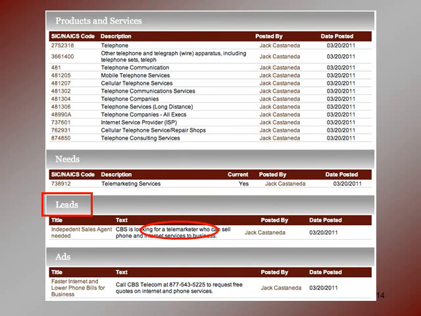And in fact, if you look back at the example from before, notice that the prospect actually had posted a lead where he was looking for independent sales agents, which he actually described as, quote, "a telemarketer who can sell phone and internet services to businesses," close quote. We can certainly do that. But more importantly, if you look at that in light of the need he posted for telemarketing, even